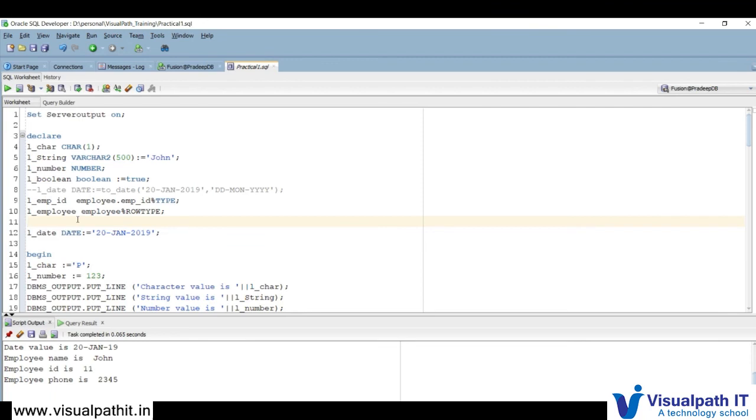Otherwise, imagine if you were not using percent row type and you had to fetch all the column values in this PL/SQL block: you would have to define as many variables as the number of columns in that table, assign the values one by one, and then fetch and print those values. So it gives us great ease from a code writing perspective.